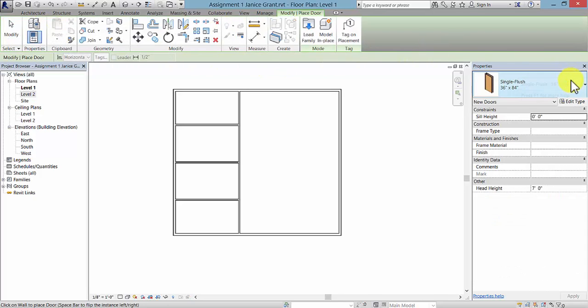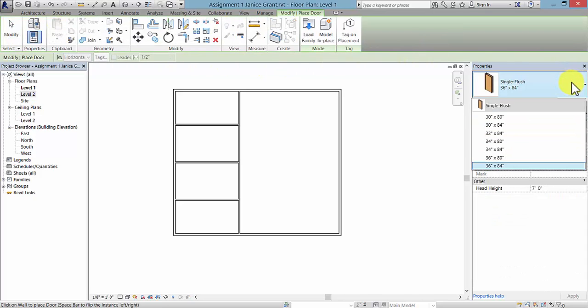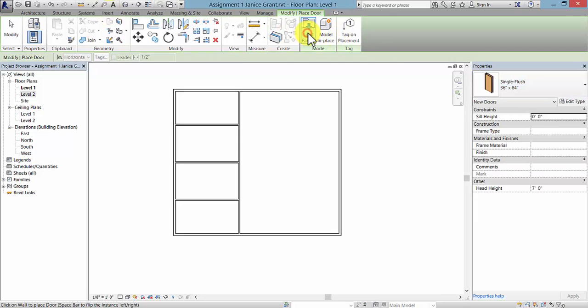You'll see in the type selector that one door is loaded and several sizes of that door, but there are several doors that we can load. They're sort of like blocks in AutoCAD, but they're called families. You can load families by starting a tool like windows, doors, and walls, or you can see them in the Insert tab under Load Family to load them all at once. So let's go ahead and pick the Load Family